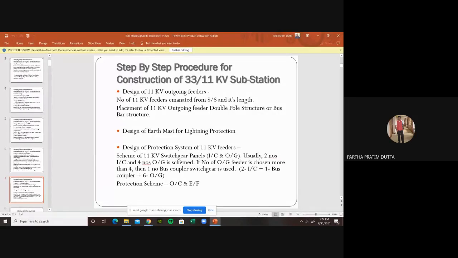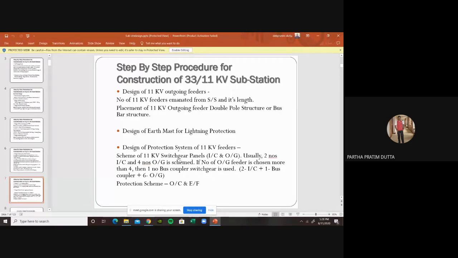kVA, like 25 kVA and so on. And in certain cases in towns, we usually use 315 kVA and 160 kVA also. So in that particular case, the outgoing 11 kV feeder also we choose. And the placement of the outgoing feeder in the substation, we do with different pole structures. That is a DP structure, we call the double pole structure, or the bus structure. And that is also depending upon the needs of our demography, where we cater the 33 kV, 11 kV power.